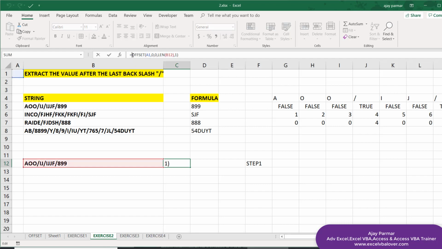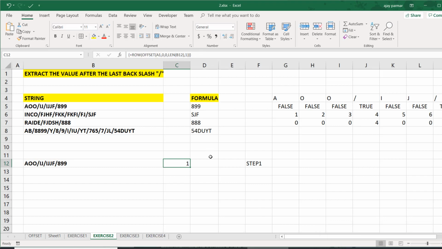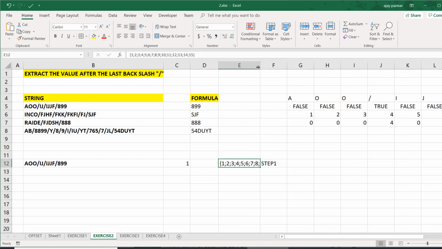I will be a little fast here because this is something we have done so many times. Now you have created here an array, and this array now has to be converted to 1 2 3 4 5 because I want to extract all the values one by one. So I'm going to use the row function, and you can see that row and the offset function are so important in arrays. Once you are done with this, finally you will be able to see this 1 2 3 4 5 6 7 8 9 10. Now I'm again going to copy this and paste this output over here so that you can see what is happening.